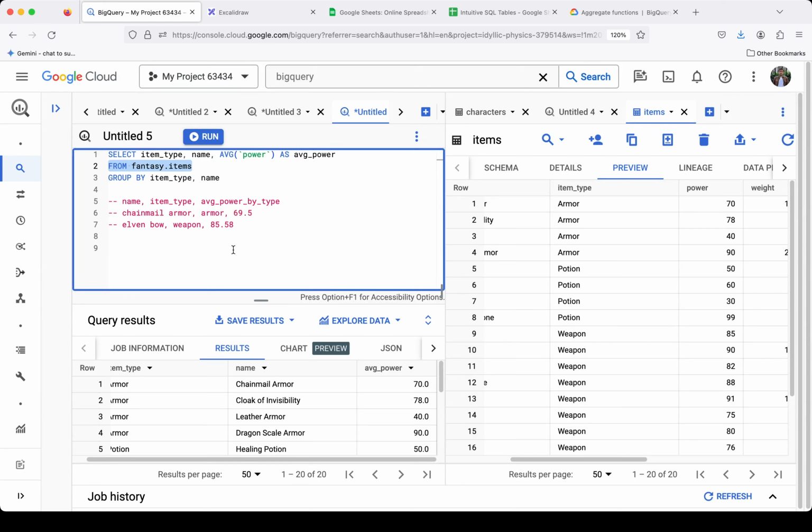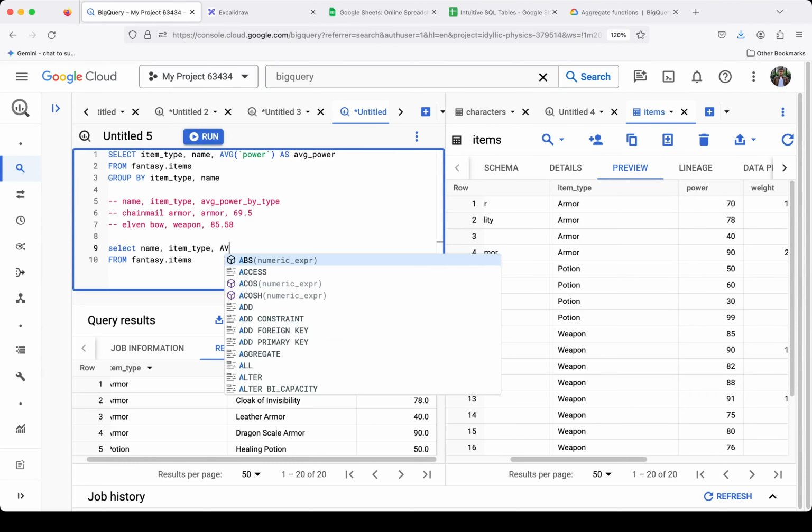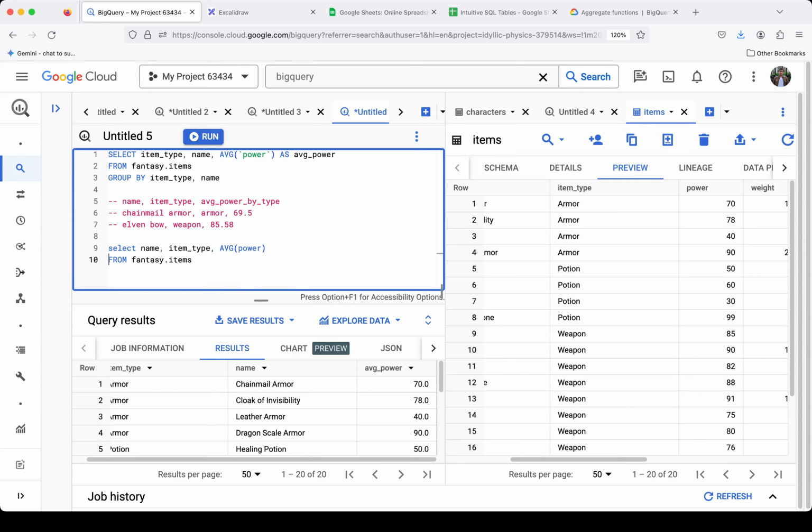I'm going to take the items table and I'm going to select the name and the item type, and then I'm going to get the average of power, and again I'm going to use backticks so BigQuery doesn't get confused with the function that has the same name, and then I'm going to say take the average of power over